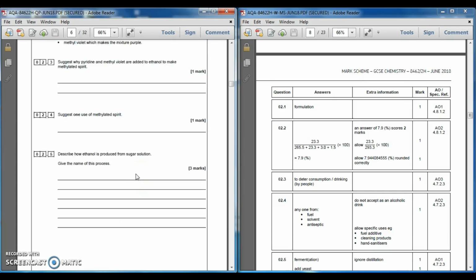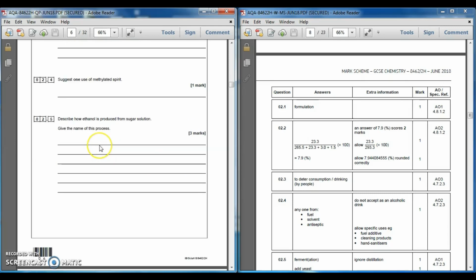Let's have a look at the next one. Suggest one use of methylated spirits. Most people that went for it put down a fuel solvent. They were pretty common because we've actually burnt that in little spirit burners in our lessons. For 2.5,